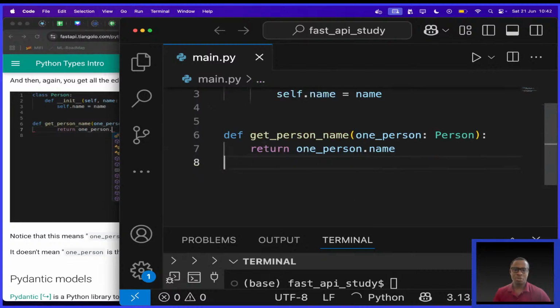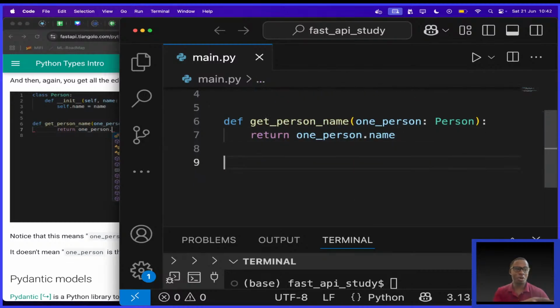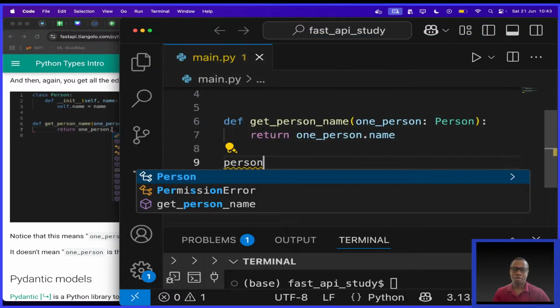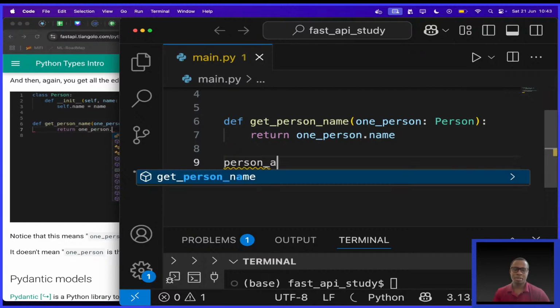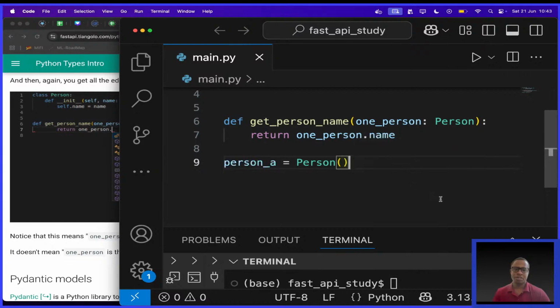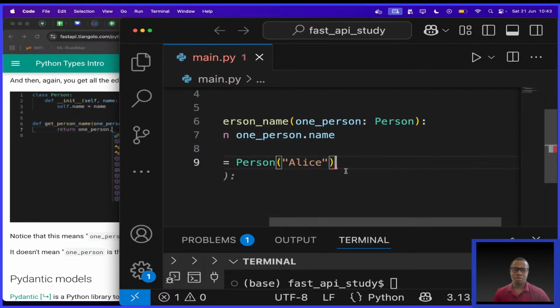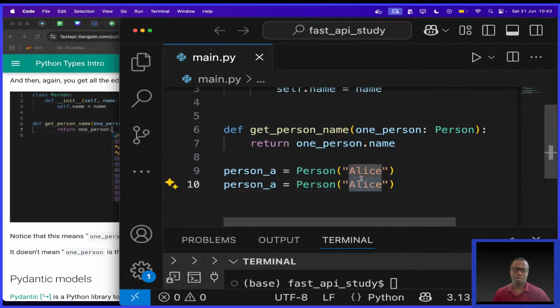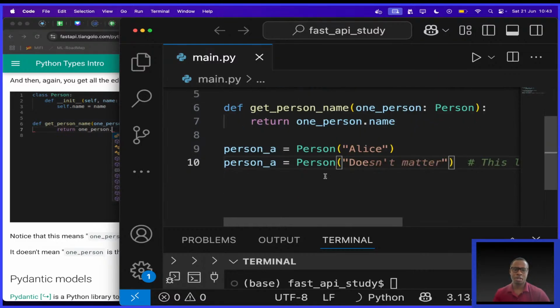Just to make sure we have understood this, and again, if I'm wrong, make sure you correct me in the chat. We have maybe the first person, say person_a, equals Person. Okay, so this is the first person. I'll take advantage of autocomplete. Then have the other person, person_b.